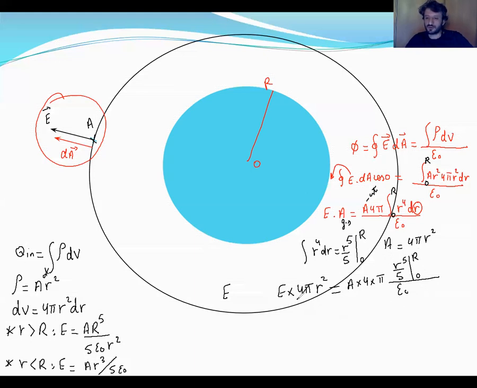We have 4 pi, 4 pi. We continue. E times r squared equals, we do the limit, we get r^5 divided by 5 epsilon 0. So E equals